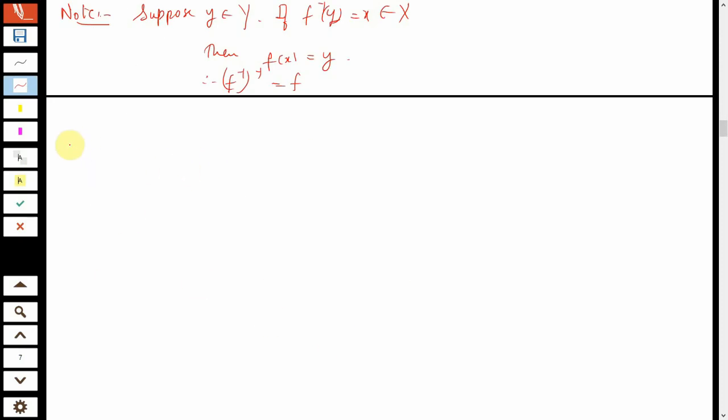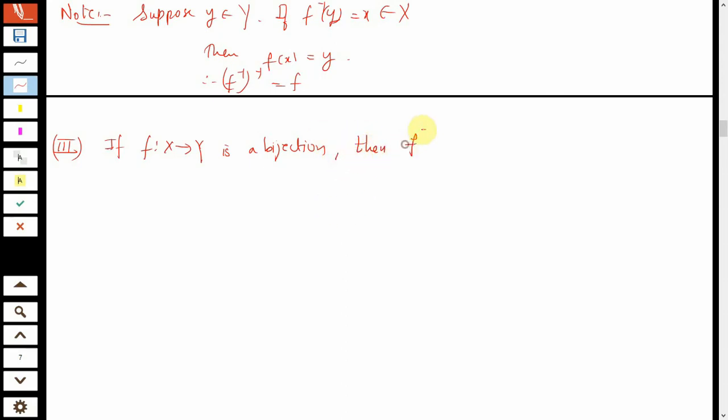So the next important property or proposition under this concept, I'll call this property 3, will be this: if f from X to Y is a bijection, we usually never say that f has an inverse. When I say that f is a bijection or f is a bijective map, that automatically implies that f inverse of that given function exists.